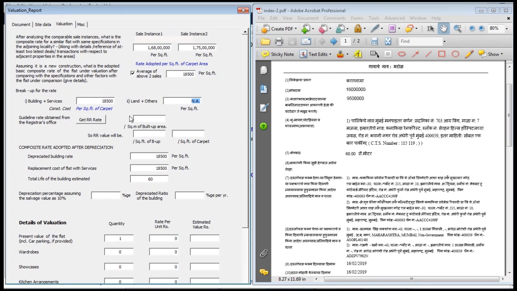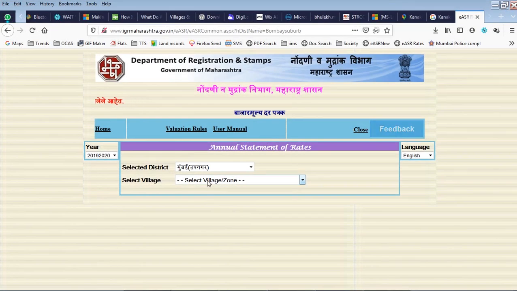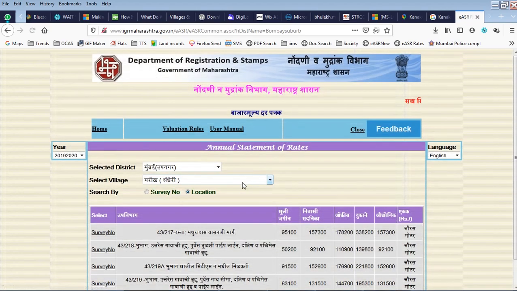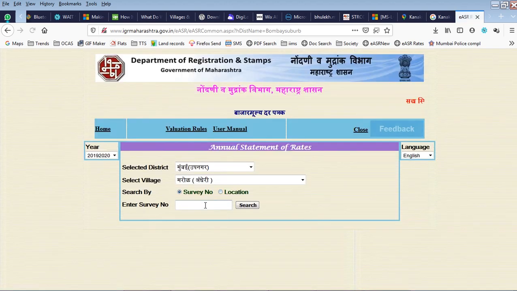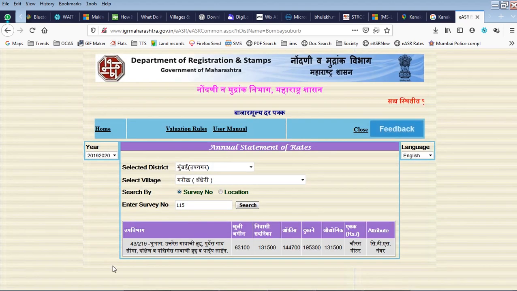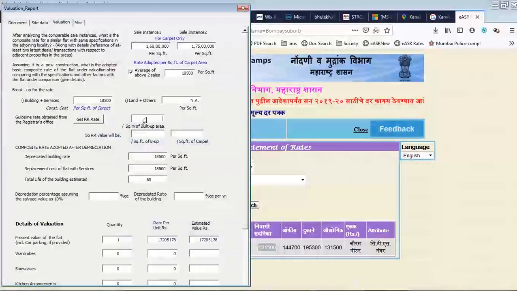By clicking this button, we will be redirected to the Ready Reckoner site with the district selected in the Ready Reckoner page. Now we have to find our village, then the Ready Reckoner value. This value will be converted to square feet of built up area and square feet of carpet area.